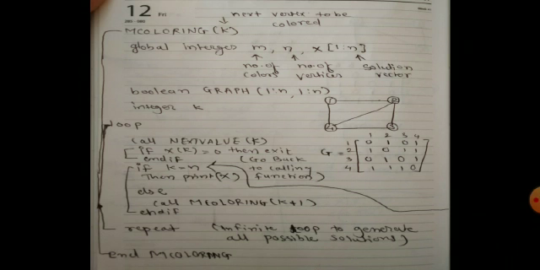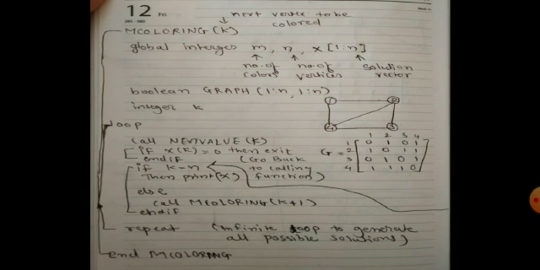So the algorithm name is M coloring, which takes k as a parameter. So here k indicates the next vertex to be colored. We require certain integer values, that is m. M stands for the number of colors provided to color the given graph. Small n indicates the number of vertices present in the graph.